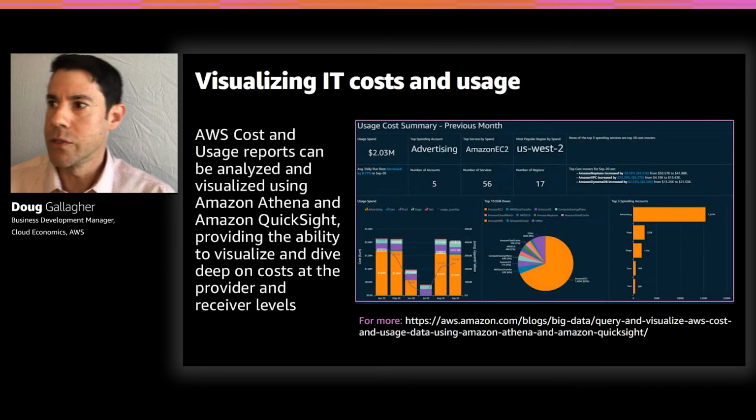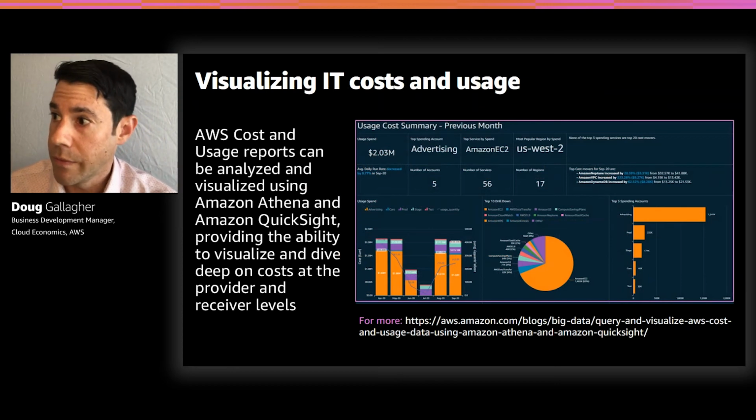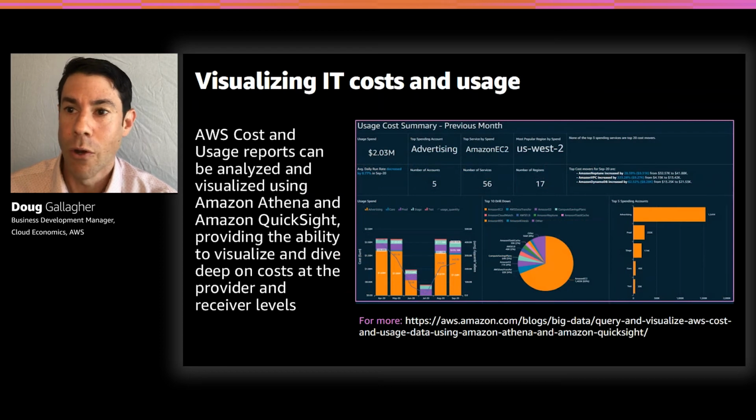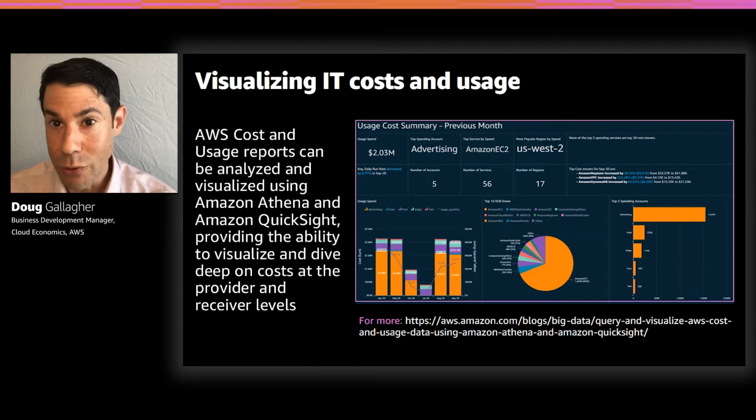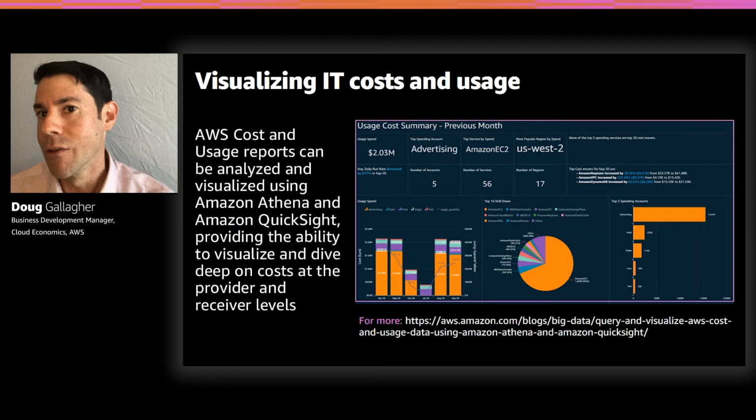Well, one great way to do so is we have visualization tools in AWS. For example, customers can import what's called a cost and usage report. And this is essentially a dump of all the details of costs through AWS. And customers can take that and, through a couple of steps, import it into a tool called Amazon QuickSight. And from Amazon QuickSight, customers can develop visualizations to really drill down and understand and visualize the cost components. Customers can also look at that at line of business level or other tagging mechanisms